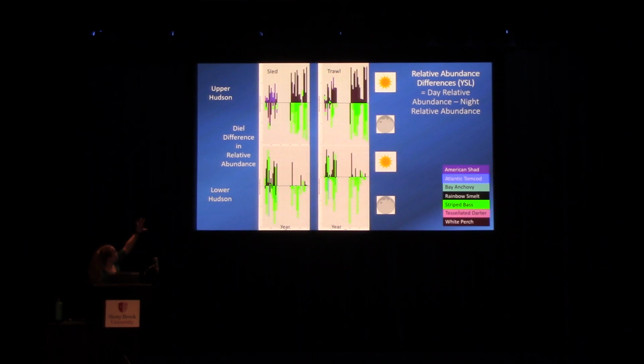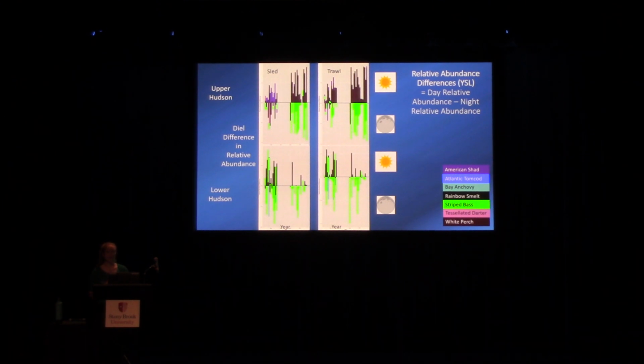So the figure I just showed you is now on the top panel up there. The top panels show the relative abundance calculated the same way I just described for the upper Hudson River and the lower Hudson River, and since we did use two types of gears, I separated it between sled and trawl. This pattern is clear across gear type and region, where there are differences in what species are caught